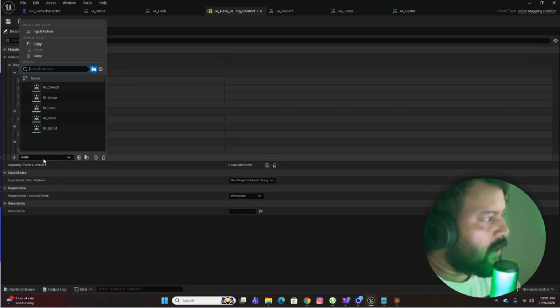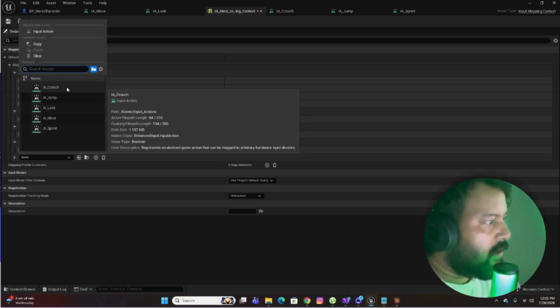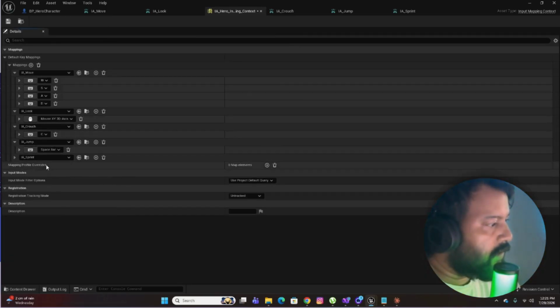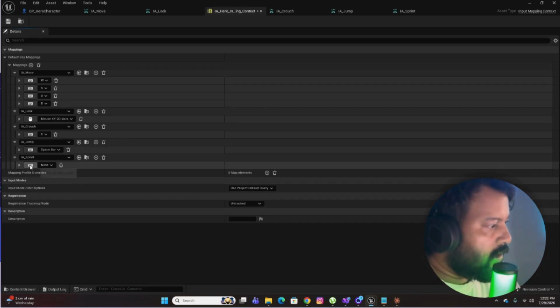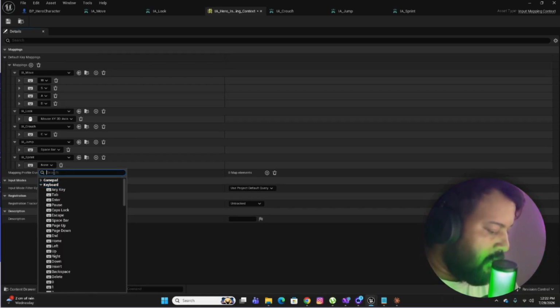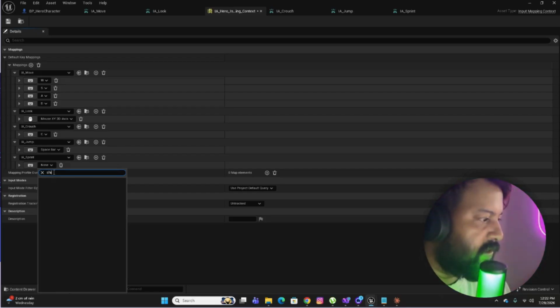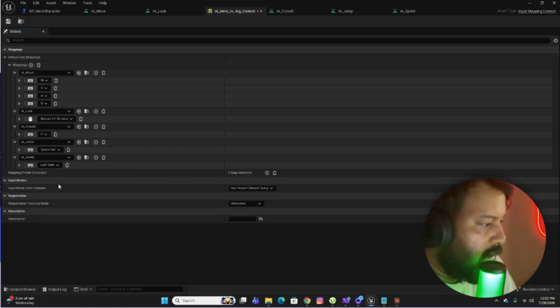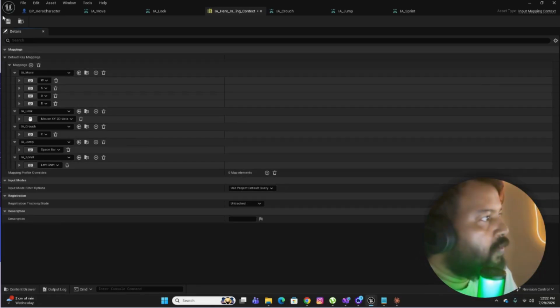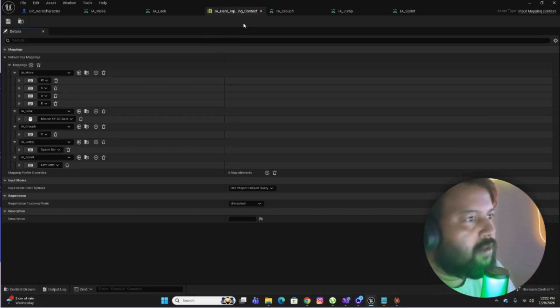We're going to add another input mapping, and this time it is for the last one, the sprint. What should the sprint action be toggled to? I guess I want it to be shift. So let's add the shift button, and I also don't need the modifiers. So we are done with setting up the